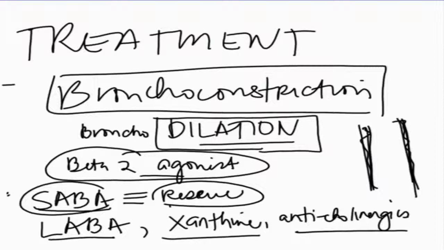it here, rescue medication, because if this is the short-acting bronchodilator, if a patient has a symptom of asthma, we want them to use this immediately to cause that bronchodilation and allow them to breathe. And that's why it's called rescue medication. And this is the inhaler that any asthma patient has with them. And as nurses, we tell them that they should have it with them at all times and make sure that